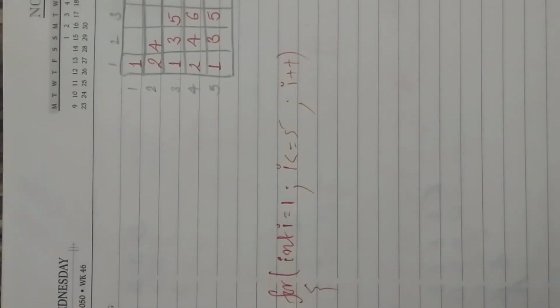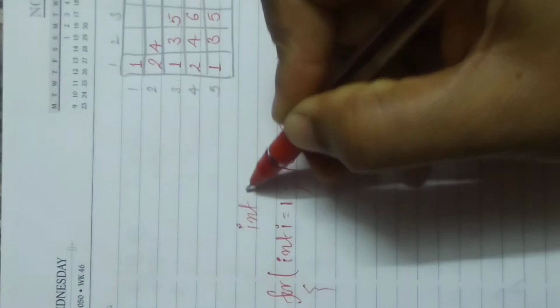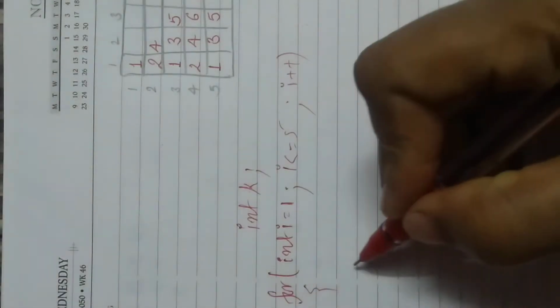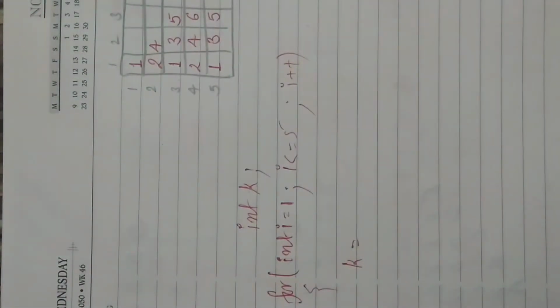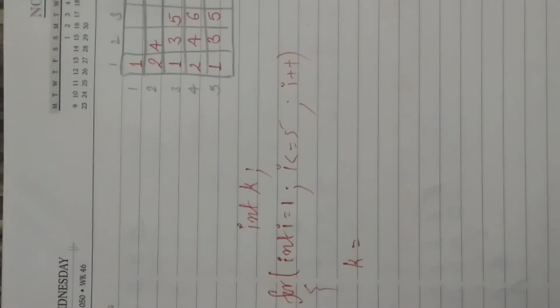So here we take one more variable. You define that variable globally as int; suppose I am taking the k variable. All of you know the ternary operator. The ternary operator works as an alternative to the if and else condition. So you can put here if and else condition as well as ternary operator. Here I am using the ternary operator.